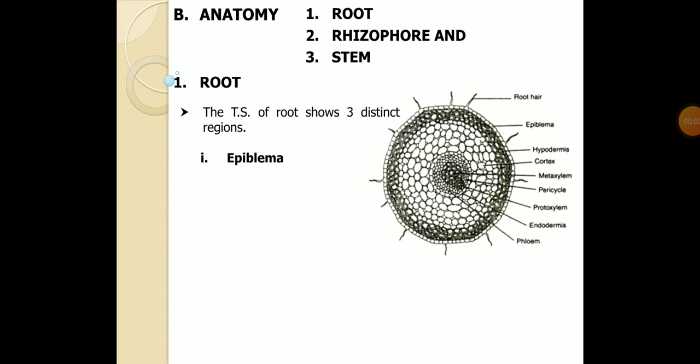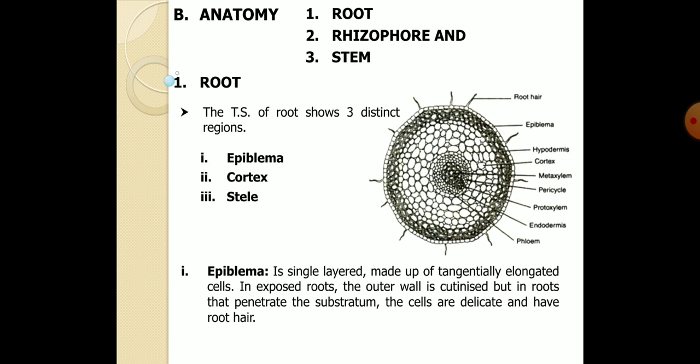Continuing with the previous video on Selaginella morphology and the sporophyll structure and classification, we'll now talk about the anatomy of the root, stem, and rhizophore regions. Usually the TS of the root has three distinct regions: the cortex and the stellar